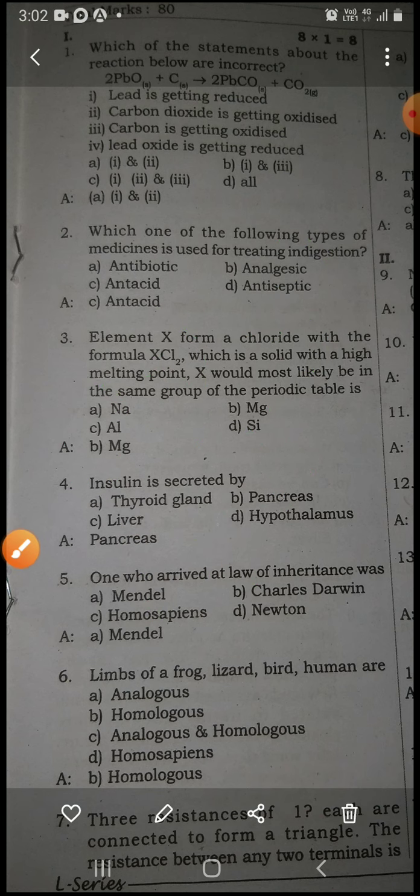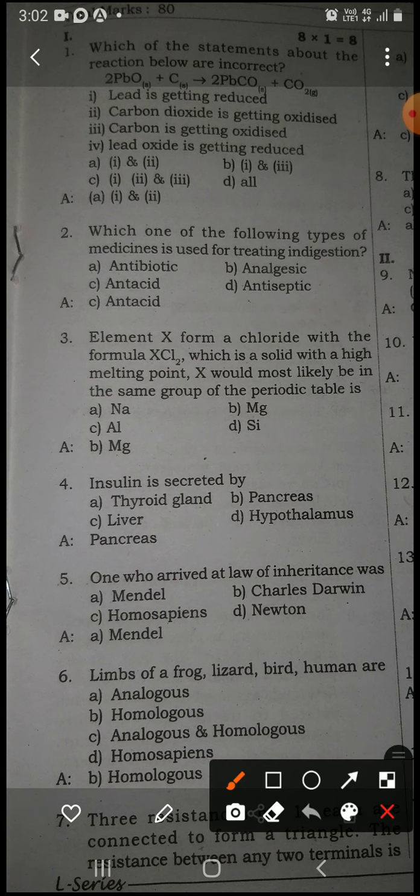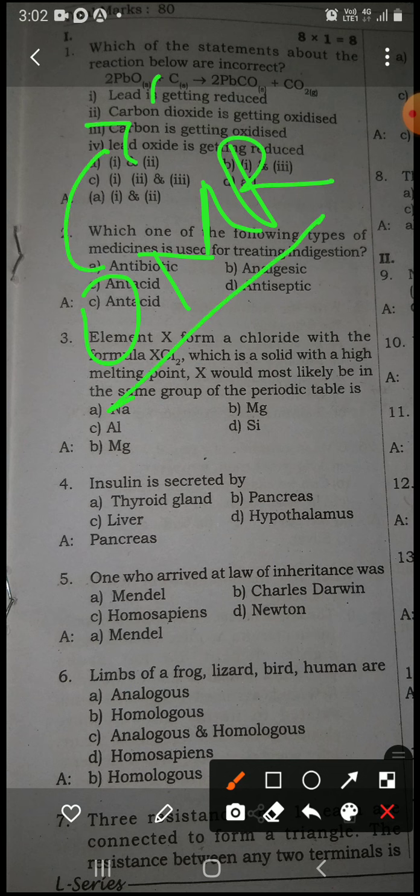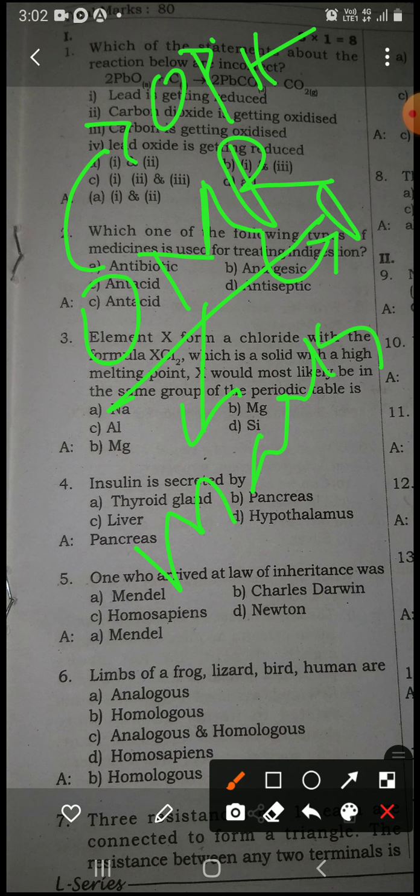So children, one more important thing that I am going to tell you. Kindly listen to me very carefully. In your group, you might have observed the OMR sheet, right? So what do you mean by the OMR? Let's try to understand that. OMR: O indicates optical, M is for mark, and R is for reader. So in short we call it an OMR sheet.